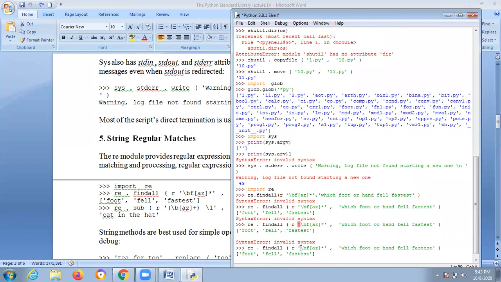Please observe carefully what I am doing. It's like a regular expression, no? If any single quotation is wrong, the entire thing will have a problem.